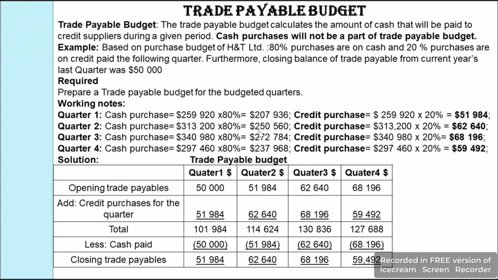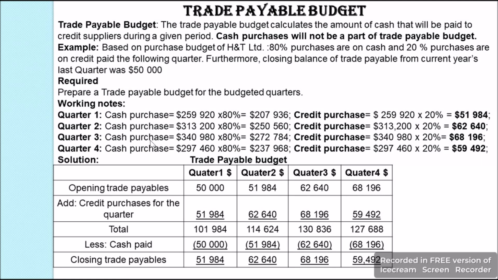For the second quarter, the total amount of raw material purchase based on the purchase budget was $313,200. 80% of this will be the cash purchases, which will be $250,560. And for the trade payable budget, we need the credit purchases, which will be 20%, and the value will be $62,640. Then for the third quarter, the total value of material purchased from the purchase budget is $340,980. 80% of this will be $272,784, and the credit purchases which we require for the trade payable budget will be 20% of this, which will be